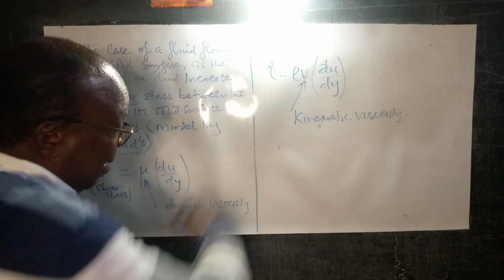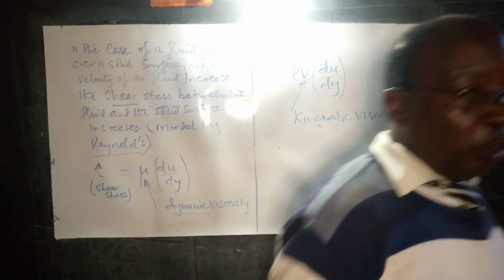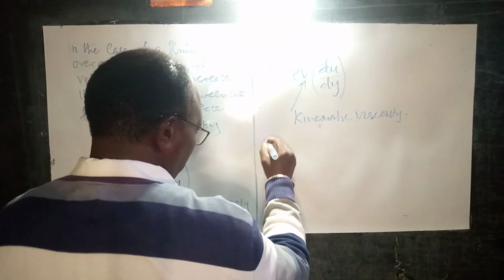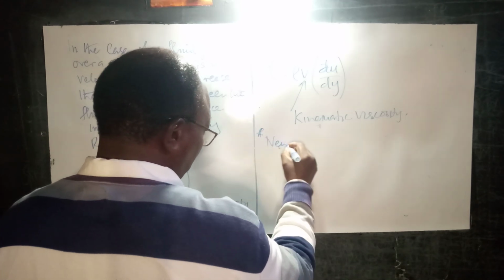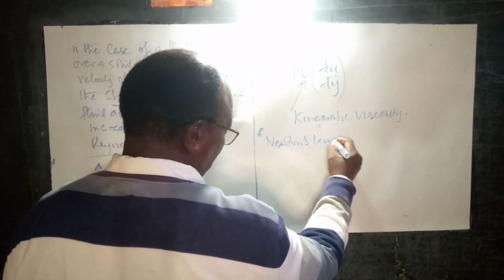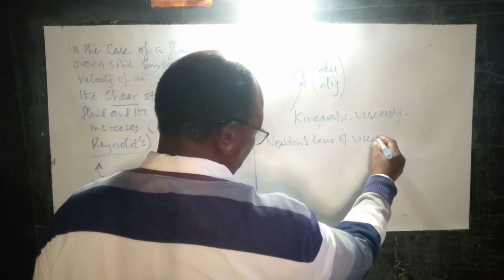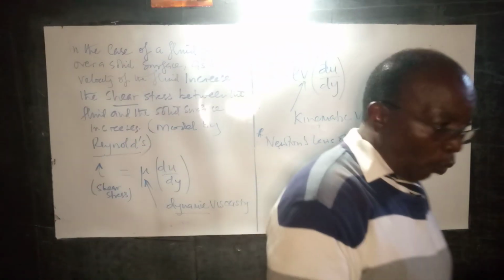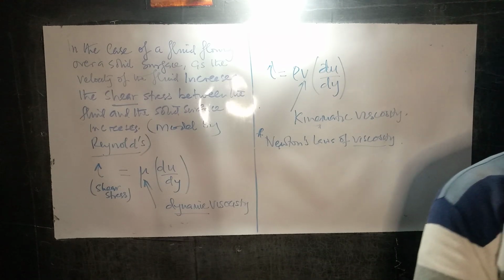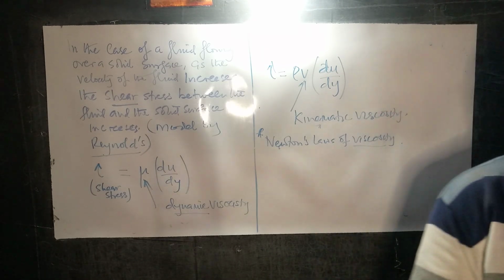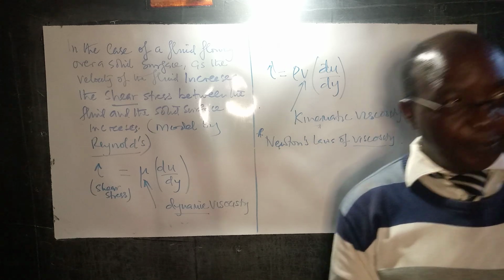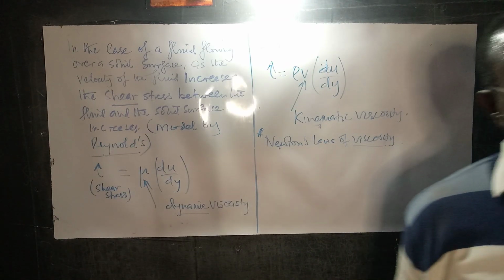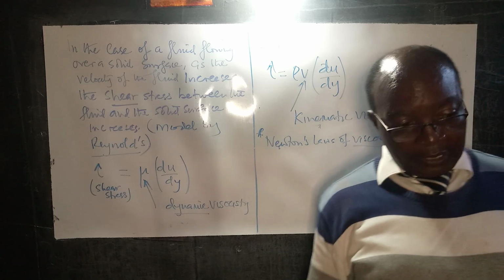All these are basically captured in Newton's law of viscosity. So we have seen, in summary, the situation where we are assuming that we have a layer of the fluid attached or adhering to the surface of the solid. And so